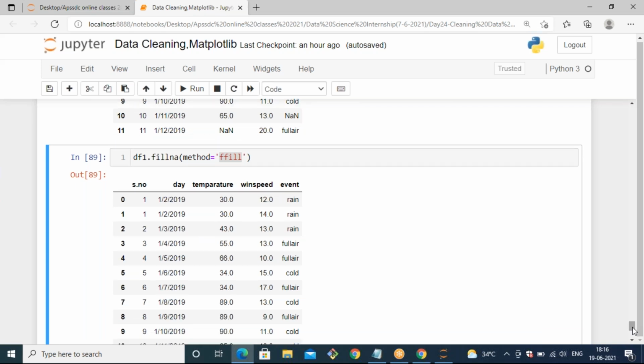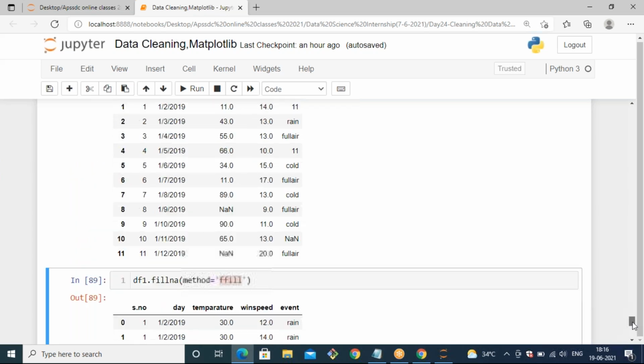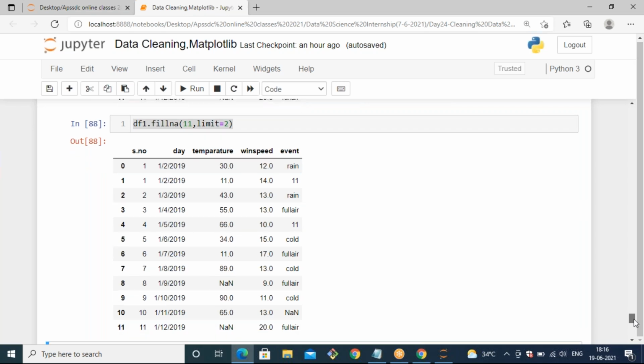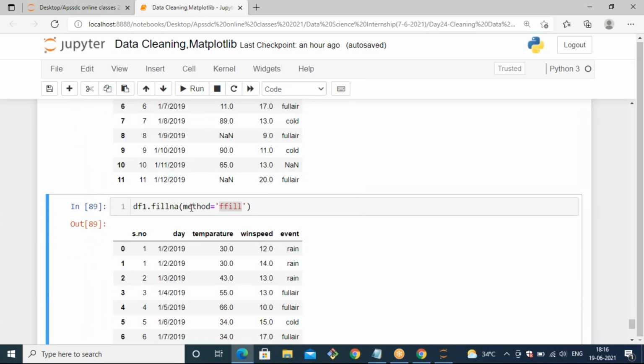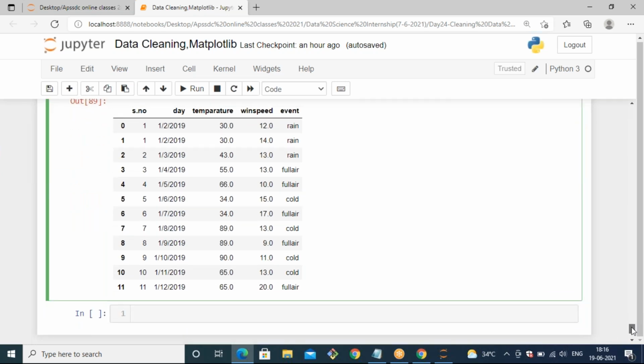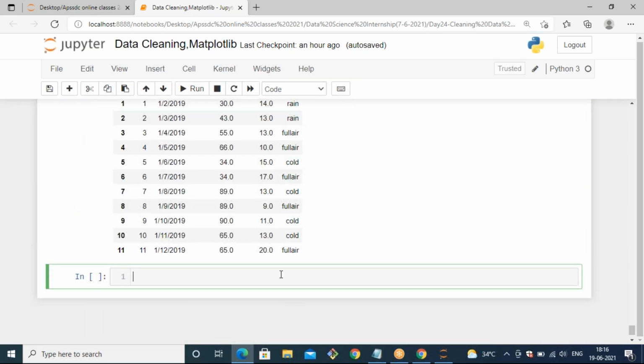Up to now we have seen filling the null values by using a value, by using a dictionary, that means column-wise, and also filling the null values with a value along with a limit, where we specify how many null values we want to fill. And also we have seen null value filling with the fill methods like ffill, bfill, pad, and by default it is none. Now let's see, instead of filling it,